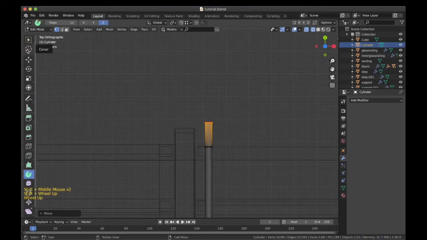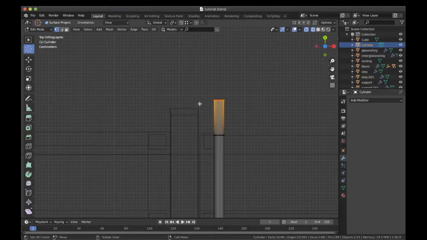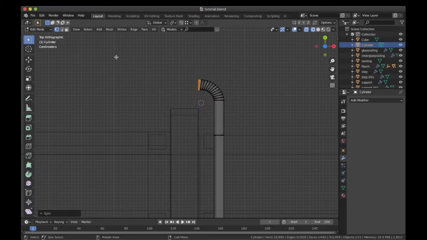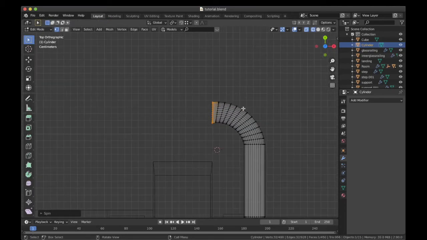Now the spin tool uses the cursor as the reference point. So I will select this cursor option and place it somewhere over here. And then I'll go to the spin tool and then, yeah, you see, this is what happens. Now I'll place the cursor over here again. Be cautious of it. This is what I was trying to explain. And then I'll use the spin tool and spin it along this axis. Yeah. And then I'll save it again just in case.